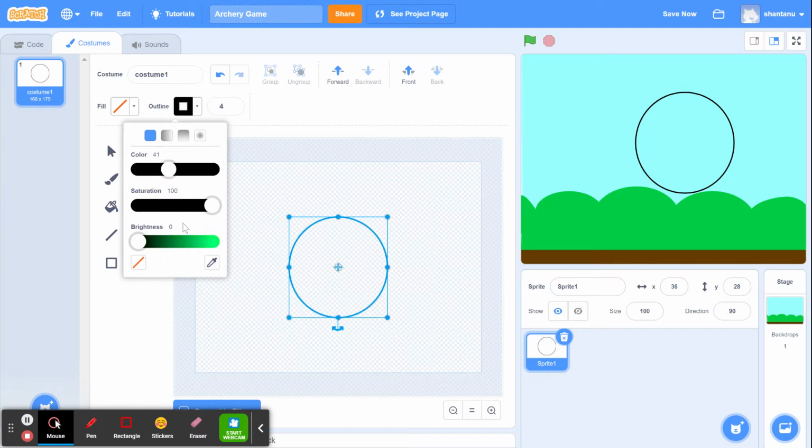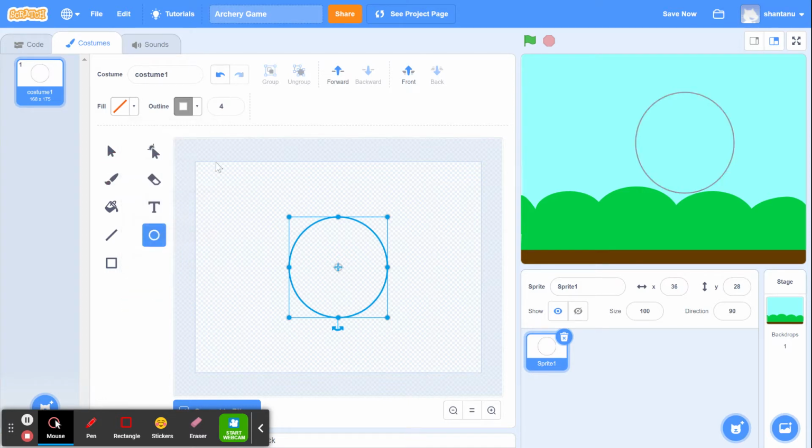You want a gray color, and this selected as 10. Actually, if you want, you can select it as, let's say, 15. And then